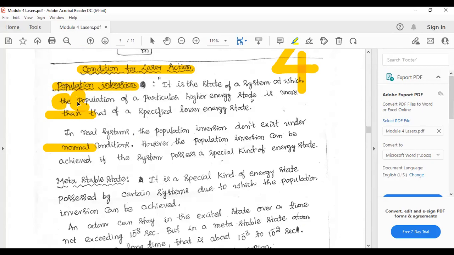If you don't have enough atoms in the excited state, then you will not get intense laser light. Therefore, to get this laser, we must have population inversion. The excited state atoms should be more in number than the ground state atoms. To achieve that, we make use of a 3-level laser: one is the ground level, the other is the ordinary excited level, and the next is the metastable level. Now I think I should show the PPT.